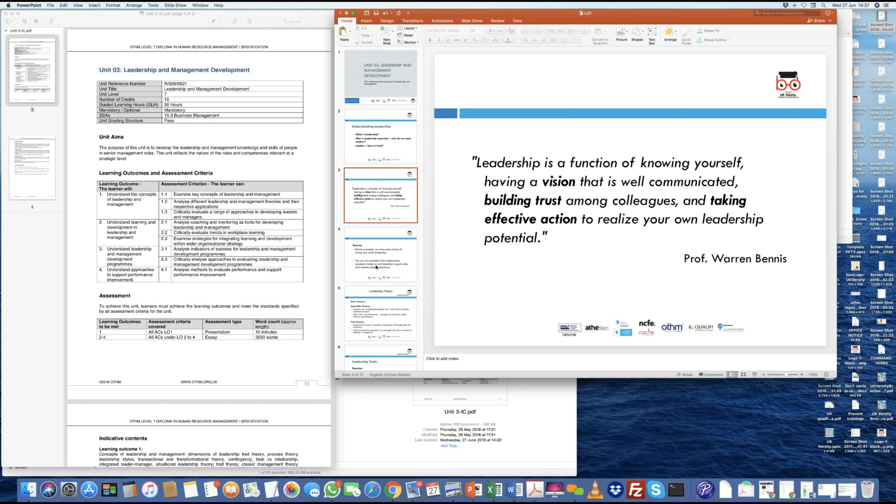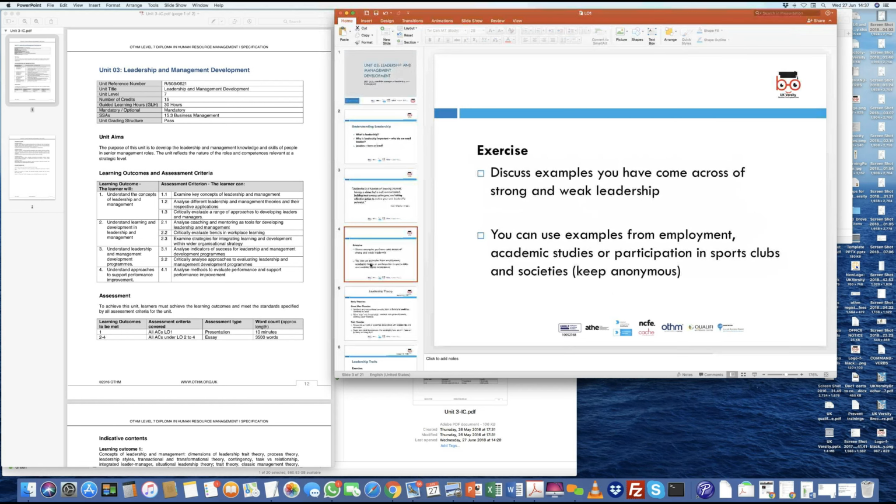Is that okay? Now let's look at a quick example. Can we talk about an example you would have seen in the news, or in articles or magazines you read, where you've seen or heard about strong leadership, and where you've seen somebody being criticized for weak leadership? Have you come across this situation? Can you think of one or two situations? We see this on a daily basis on the news.